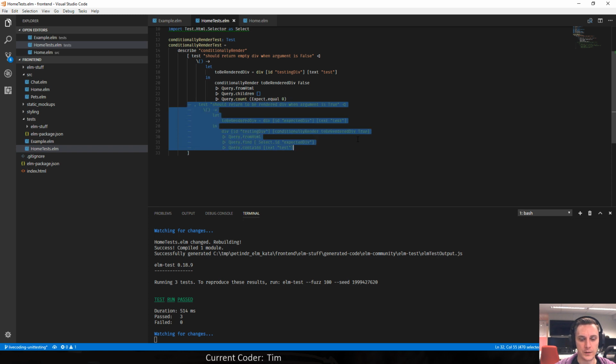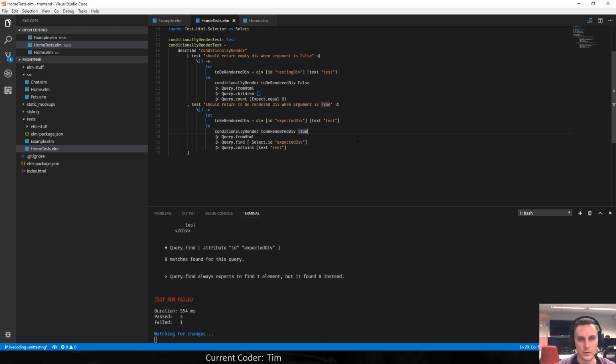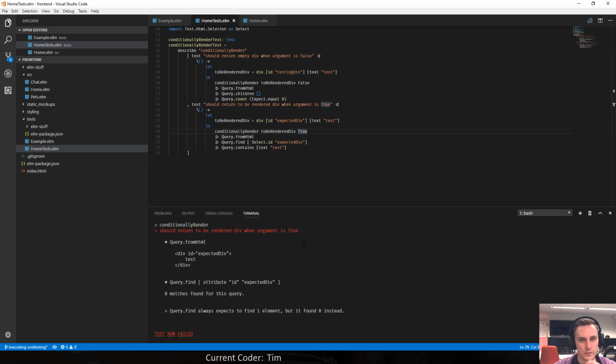Now let's see if I can also apply the same thing without having to wrap this into like this testing div thing. I'm not using it anyway, right? This might still work. Except it doesn't. That's kind of weird.